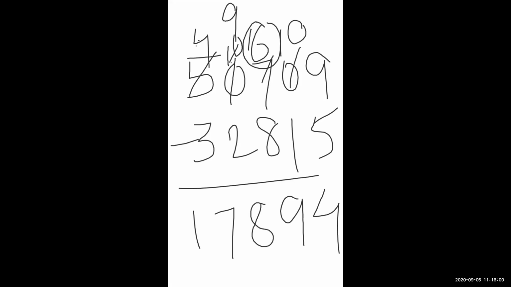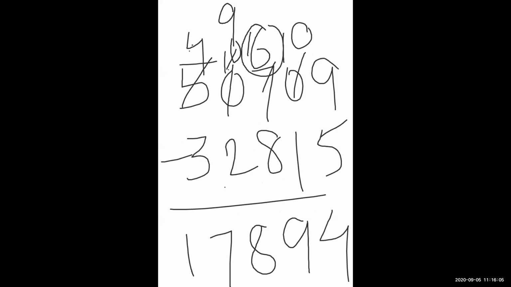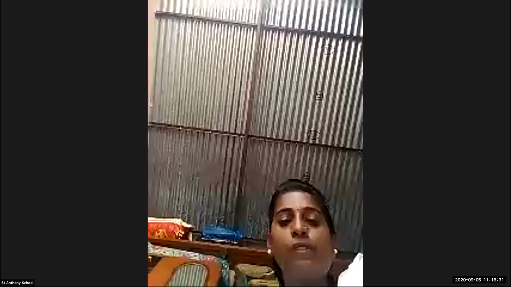So what is your correct answer? 70,894. Yes. Is everyone clear about this sum now? Prathamesh, I gave the answer, 70,894. Is everyone clear about that sum? Yes or no? Okay. Now I'm going to explain the 5 sums from the textbook. Ready everyone?